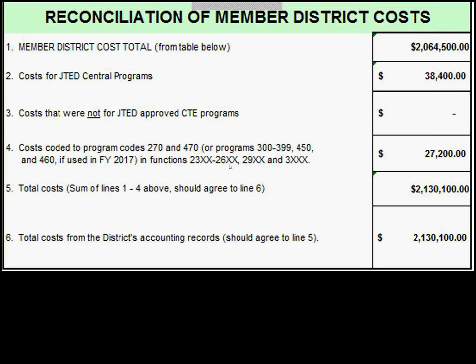Another question is how MOE, maintenance of effort, is determined under special education. If the JTED is to be included under Program 200 as special education, does this mean that JTED is also part of MOE? JTED has been included in 200 in total. In the past, it's been in 270. There is a separate